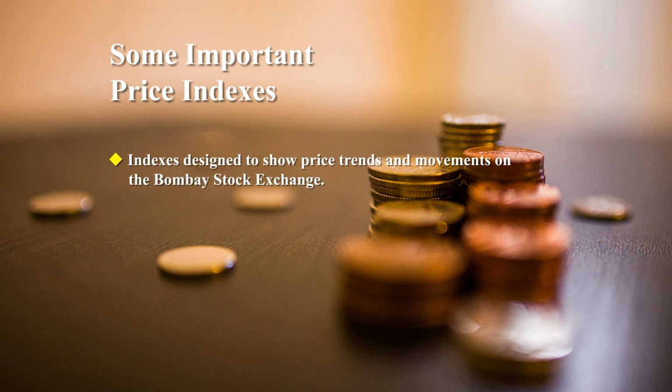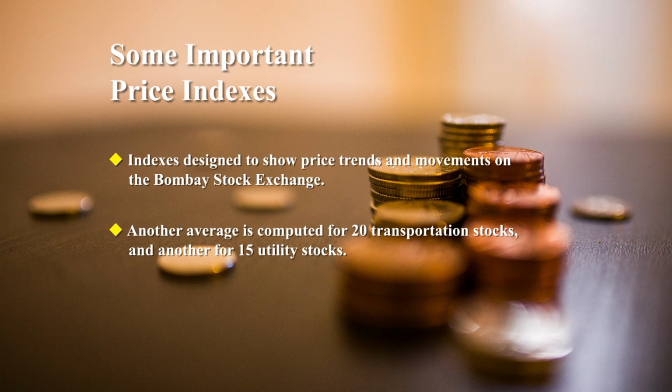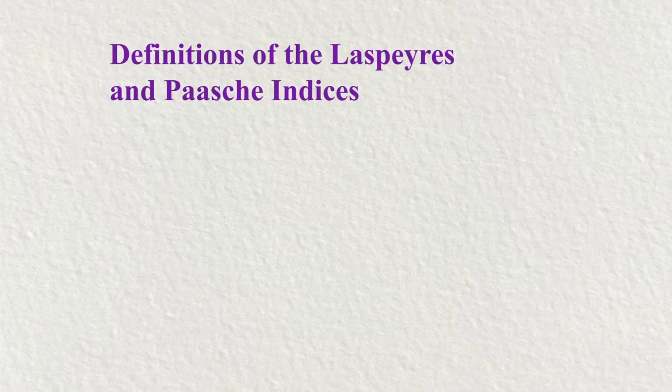Some other important price indexes are there, such as an index designed to show price trends and movements of the Bombay Stock Exchange. Another average is computed for 20 transportation stocks and another for 50 utility stocks. If you go more into the depth of these Laspeyres and Paasche indices, which we are going to cover in our forthcoming session under the ambit of methods of calculation of index numbers,